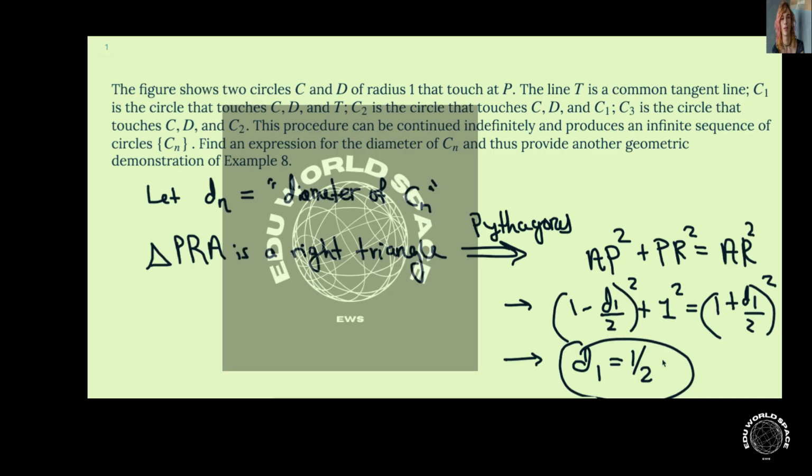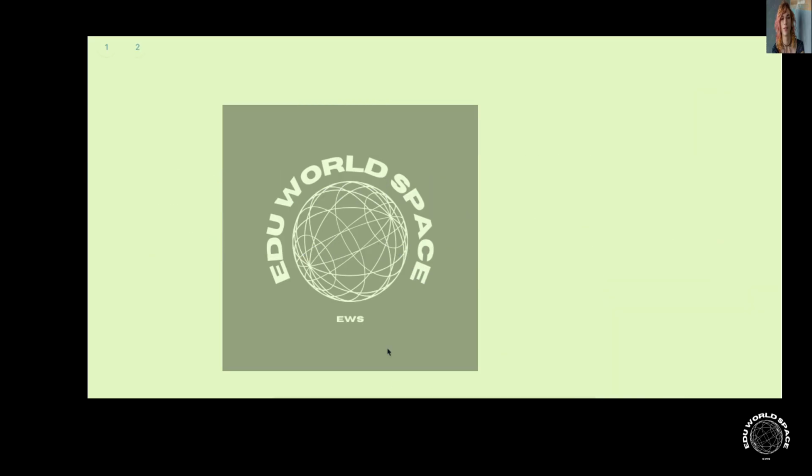So then there, let's go on to the next page. Using the same type of reasoning, triangle PRB is a right triangle. So once again, by Pythagoras,